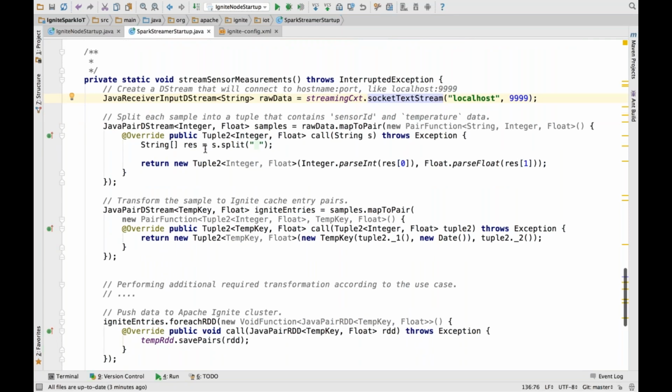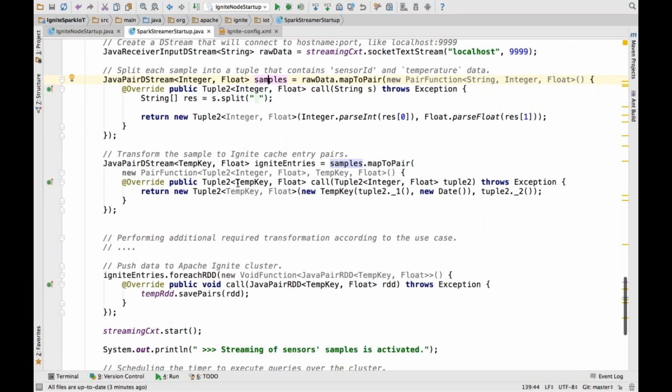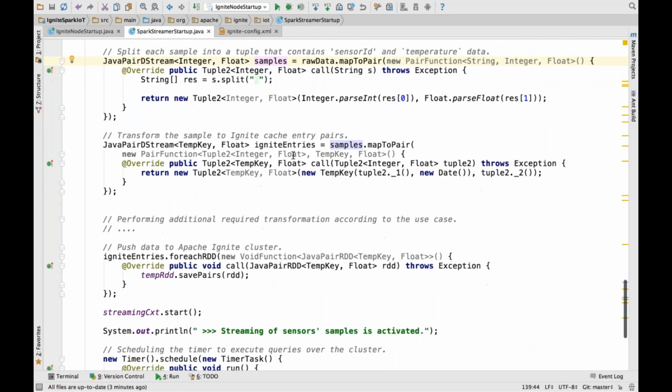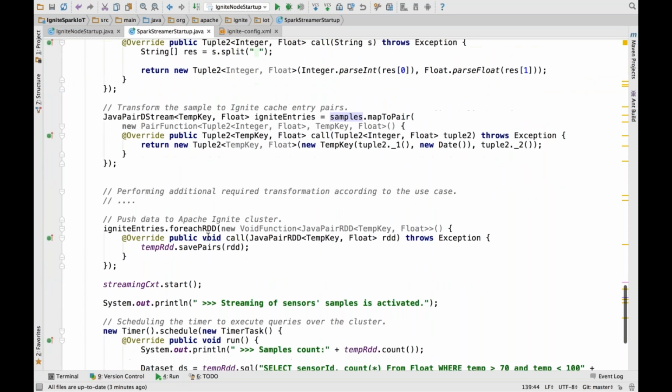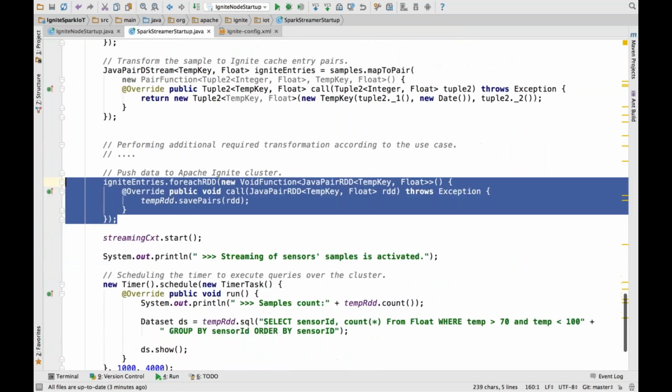We are going to take it and transform it to another Java pair DStream. Then we are going to create special tuple pairs.